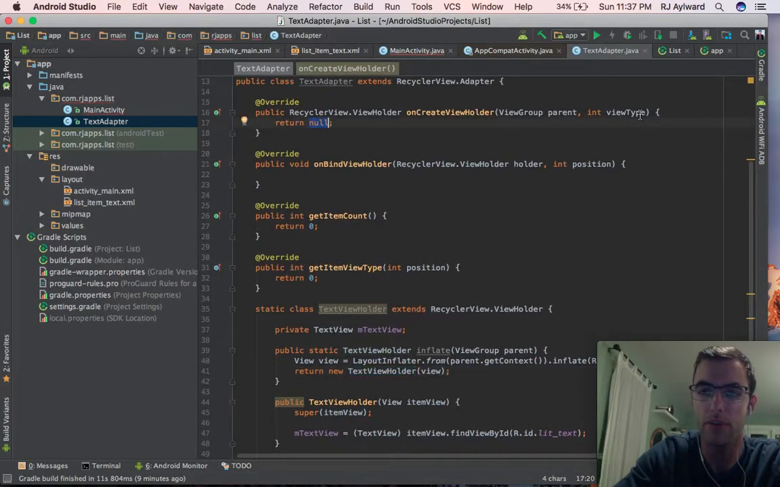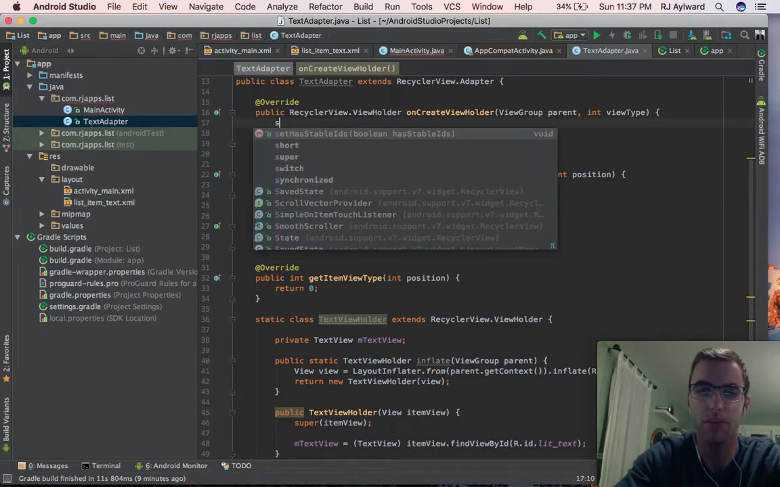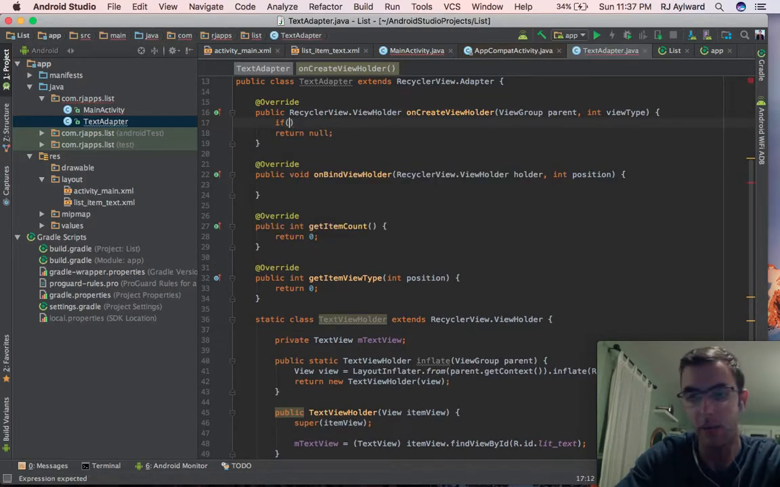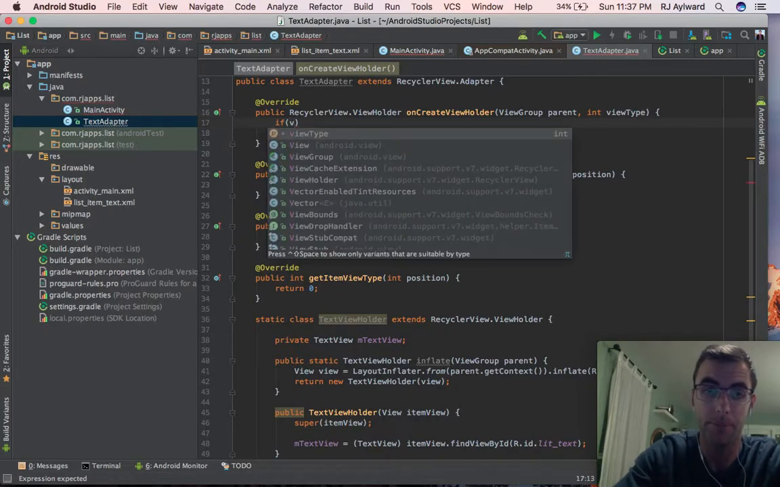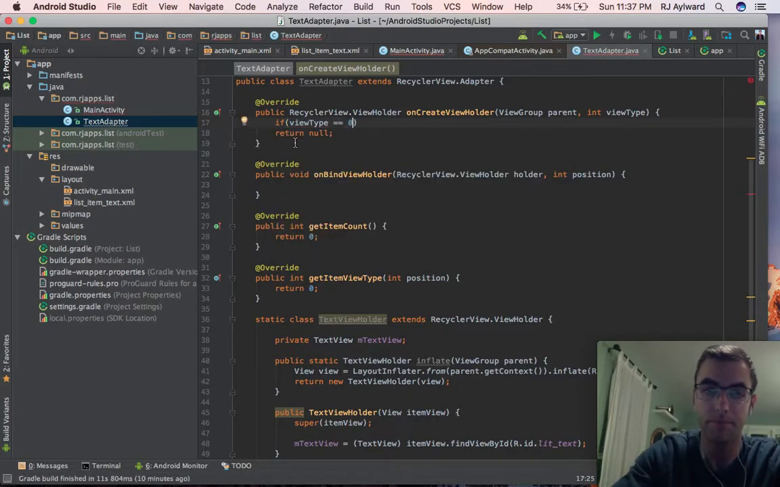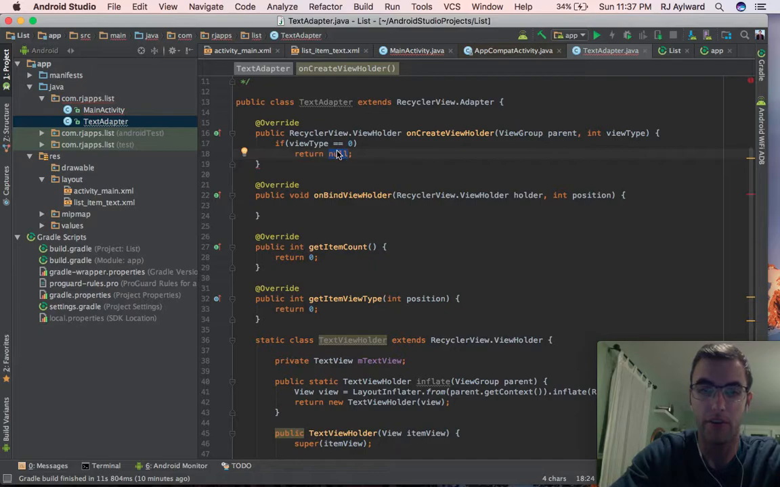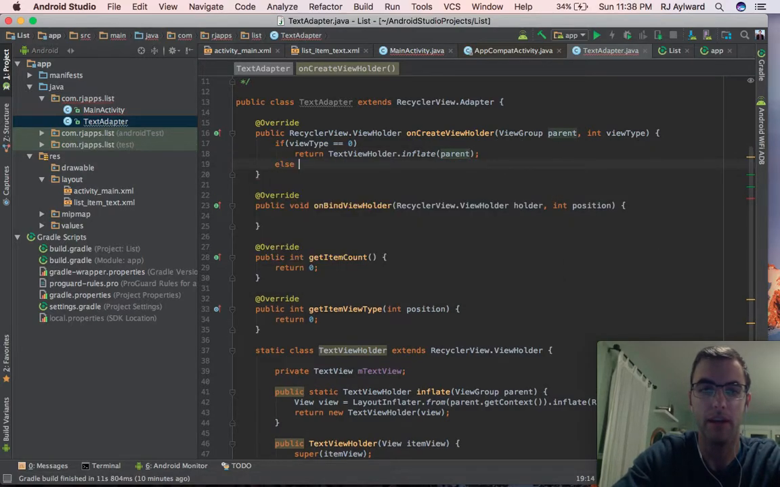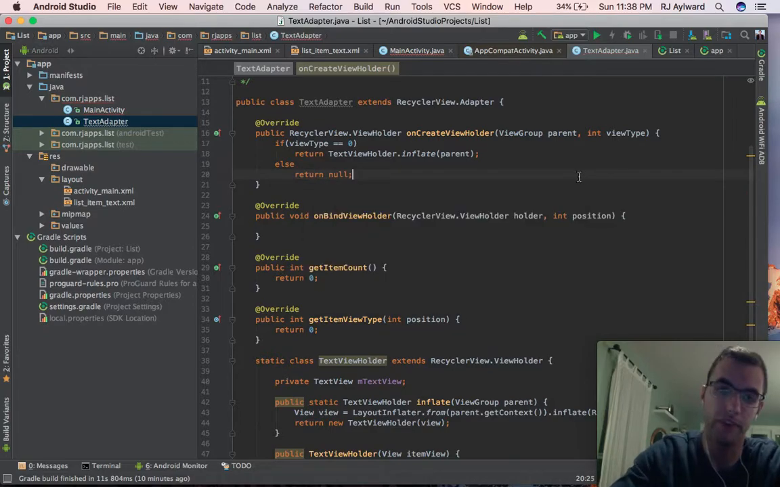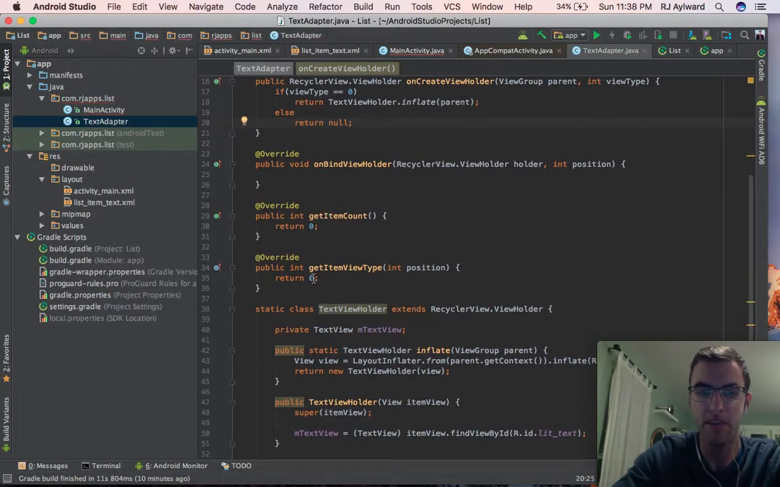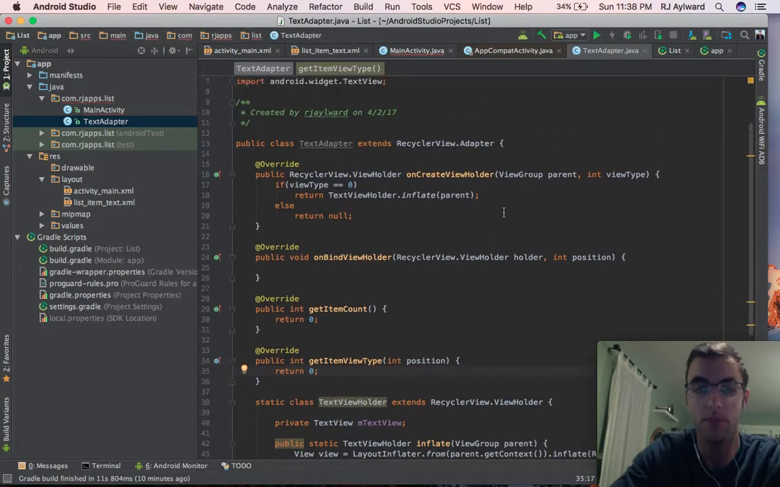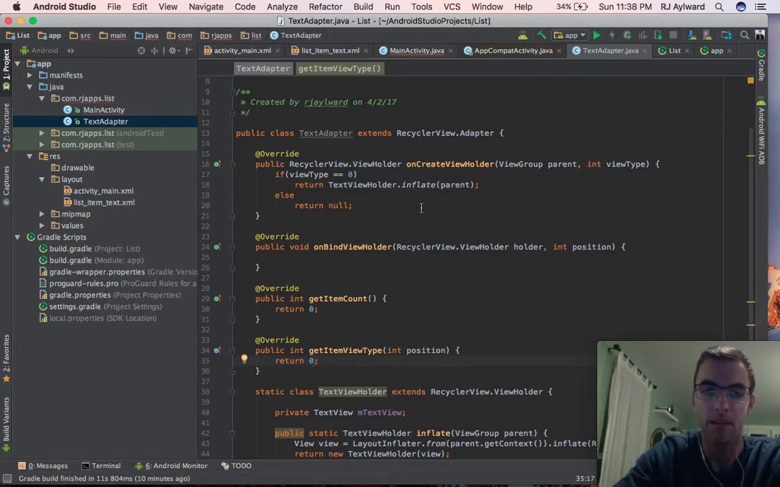So in our onCreateViewHolder, we only have one type, but we'll do a switch, we'll do an if on it anyway. That way if we ever wanted to add a different type, we would know. If viewType equals 0, because that's what we're returning down here. We're returning 0. Return TextViewHolder.inflate(parent). Perfect. And we'll do else return null for now. But you can imagine here you could have a switch case. We say like if position equals 1, return this view type, and if position equals 2, return that type. Okay,